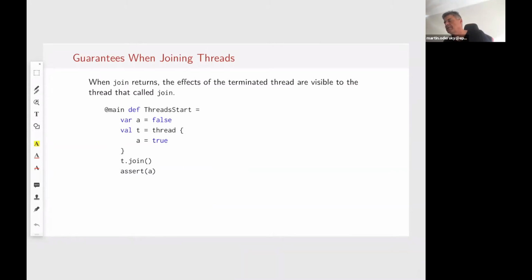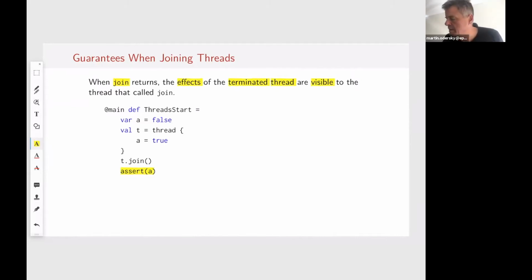So one guarantee that might be trivial, but we'll find out later that it's actually not, is worth spelling out. When a join returns, then the effects of the terminated thread are visible to the thread that called the join. So the question here is when we assert A, what is A?